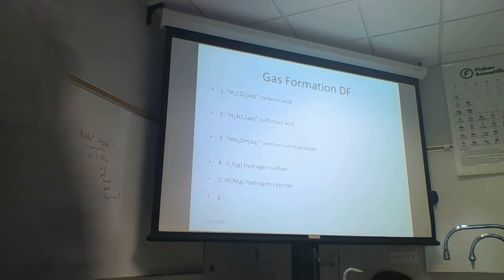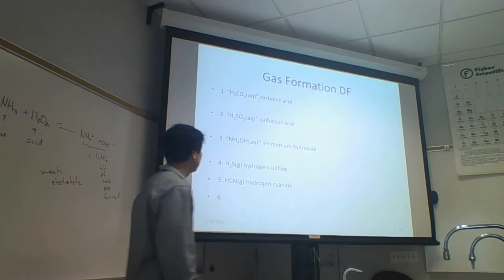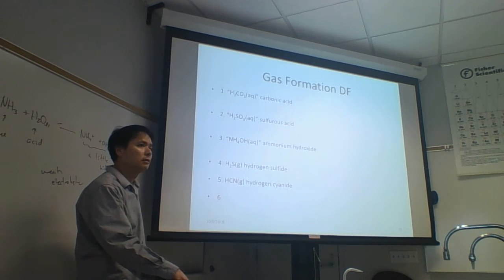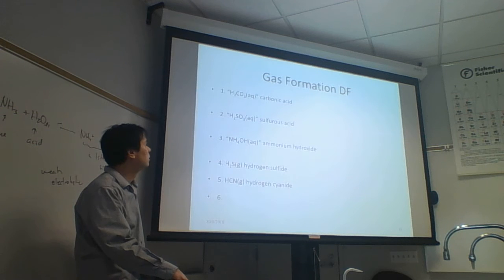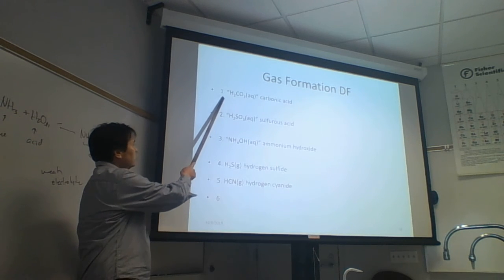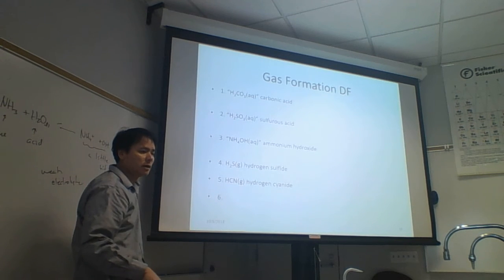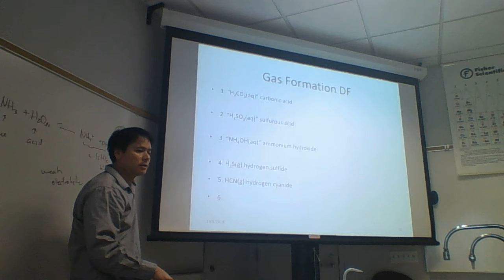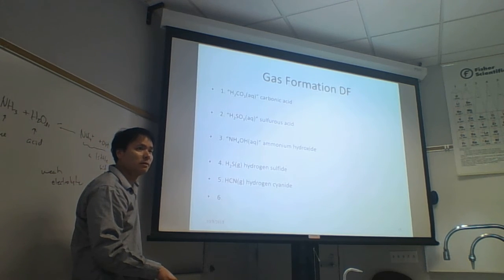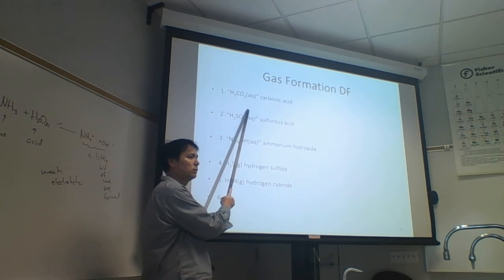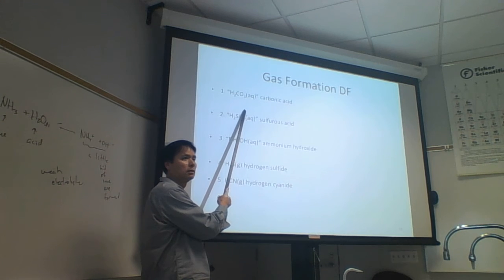I talked about only one gas former on Thursday. Do you remember which of these is a gas former that we talked about on Thursday? Sulfuric acid? Not sulfurous, carbonic acid. What happened to carbonic acid? Because hydrogen ions like carbonate ions, they'll combine. When hydrogen ions and carbonate ions combine, they form carbonic acid. But carbonic acid, is it stable? No, it's unstable. Carbonic acid decomposes into, anybody write it down? Carbonic acid decomposes into